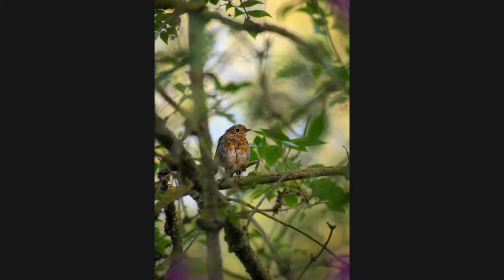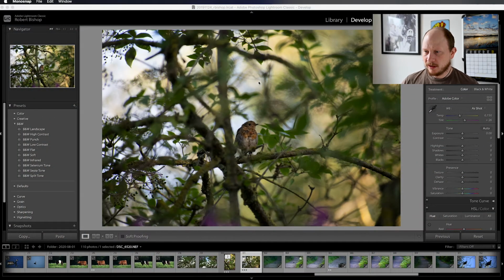But basically this is an image from that trip and I'm going to be editing it now in Lightroom and a little bit of Photoshop and showing you my process as I go along. I'll show you the final image first here, and I'll show you how I got to that. So here we are with the original image in Lightroom,